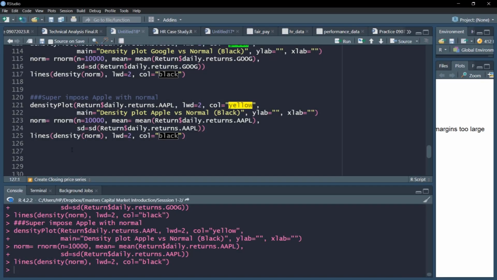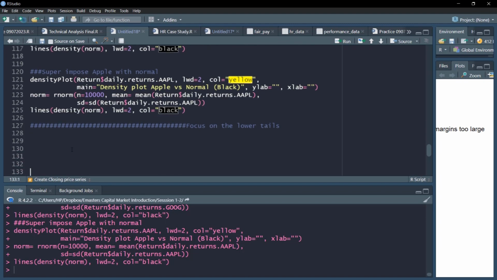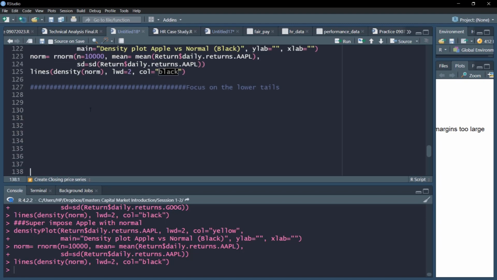So in the previous video we compared the distribution of returns to the normal distribution. In this video we'll compare the tail region. Earlier we couldn't focus on the tail region, so in this video the focus will be on lower tails, particularly the negative tails, because investors are more sensitive to negative tails, that is extremely negative returns. Again the same par mfrow to create 2 cross 2